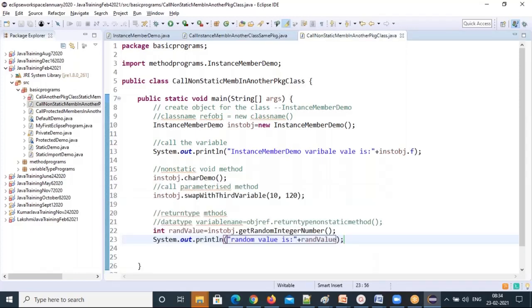We have seen three scenarios. Same class how to call, another class of same package how to call, third scenario another package class how to call. Everywhere one concept, that is create object for that class, then call the members of that object with object reference. Right, that's all about today's class, and methods are done.